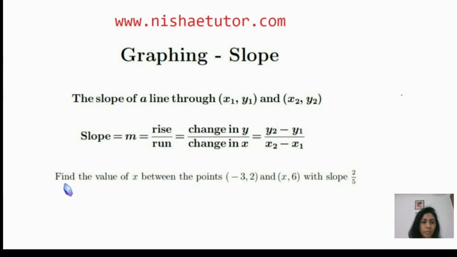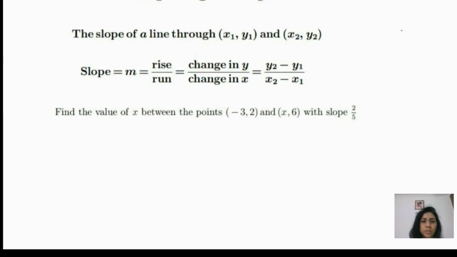So, here is the question. Find the value of x between the points this and this with slope 2 upon 3. So here we are given this point, and the second point is incomplete. Okay, here we have to find the x value. So, same